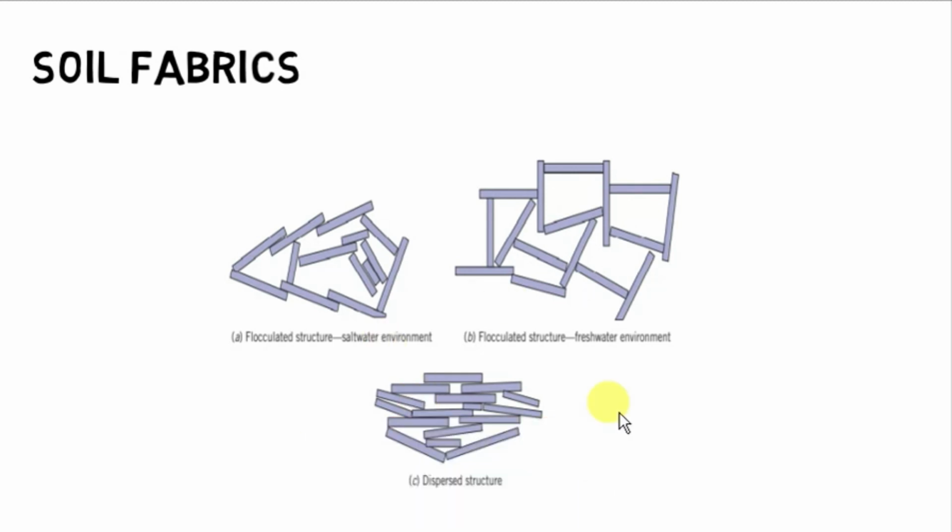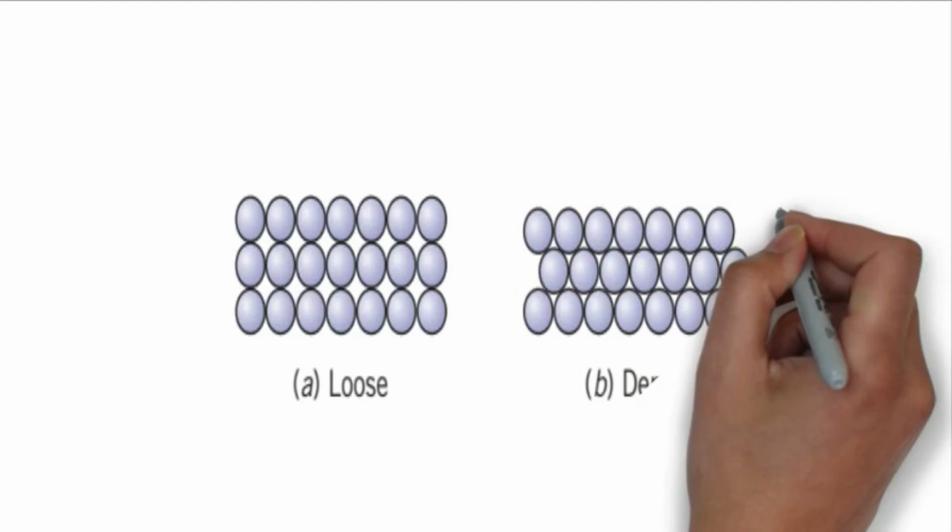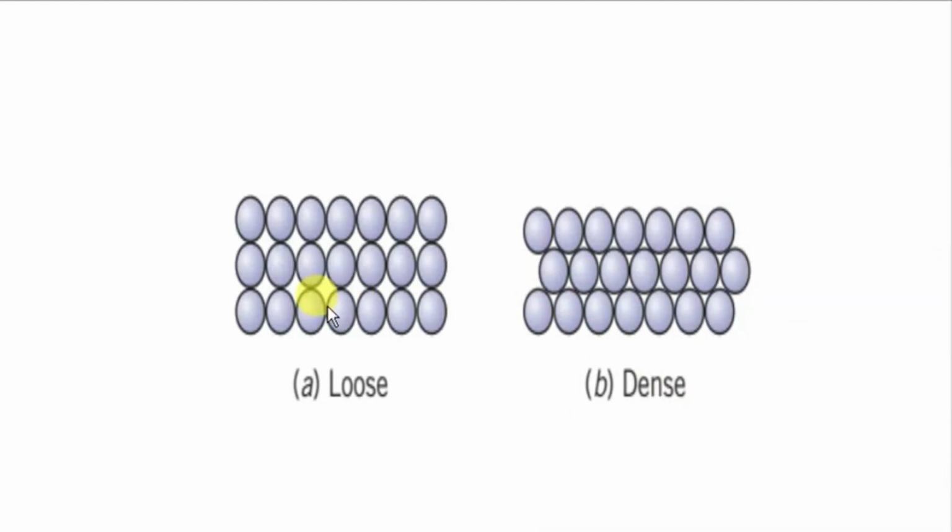Having seen fine-grained soil, let's see how dense sand and loose sand are oriented. As you can see, loose sand is packed one above the other, where there is a greater amount of voids compared to the dense sand. In dense sand, you can see that the particles are arranged one over the other in between their gaps, and thus the voids are less.